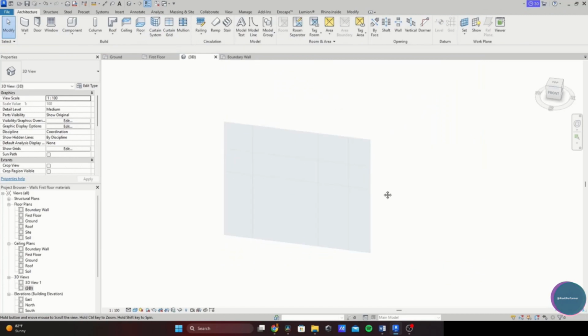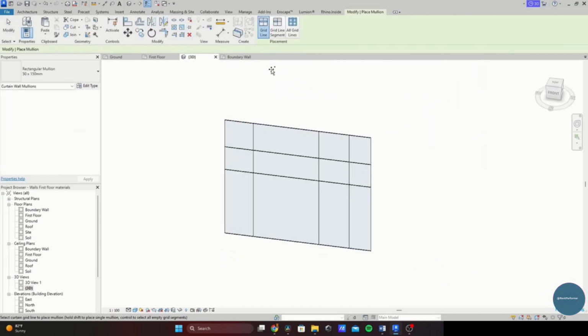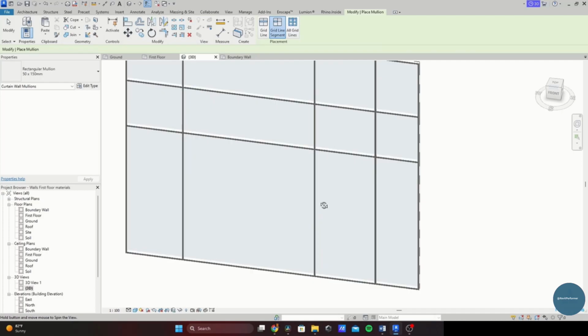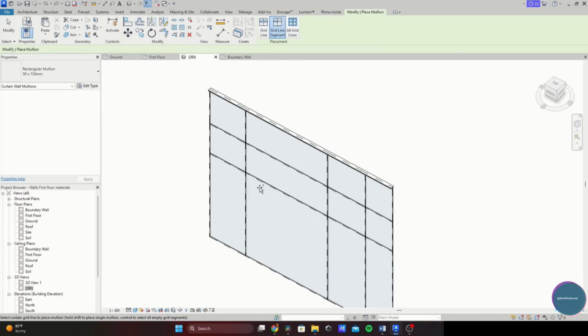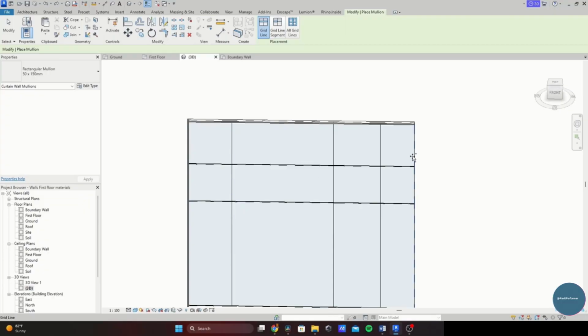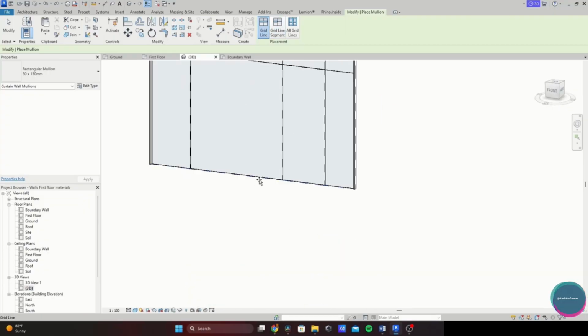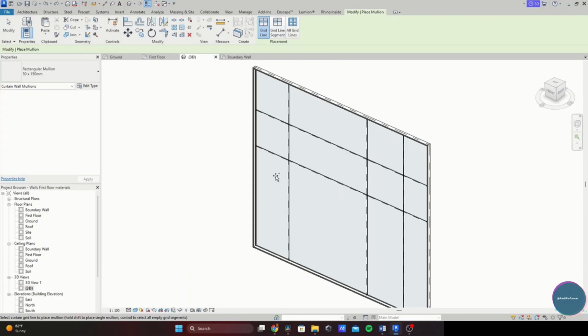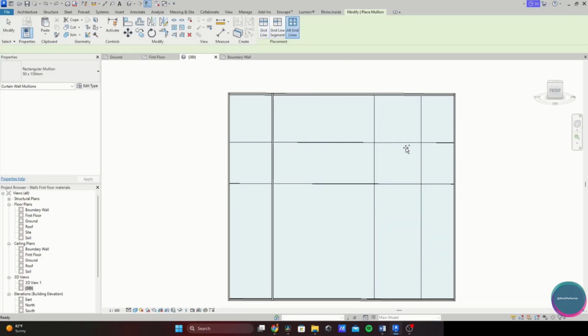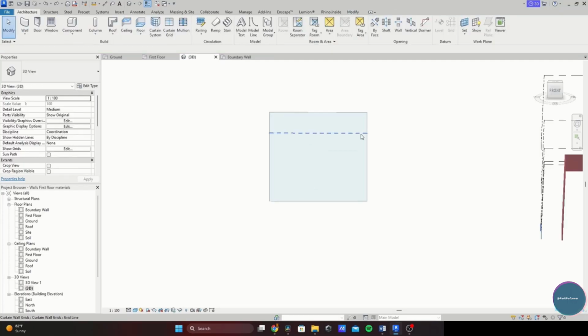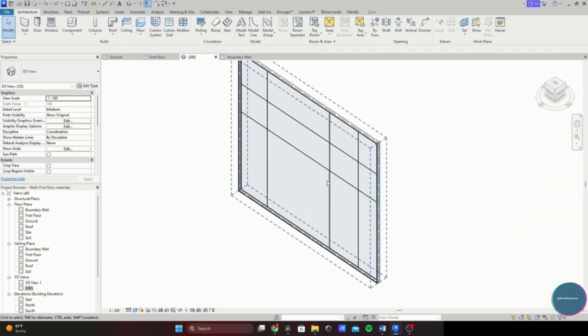Now, you click on this right here. If I click All Curtain Grid, it will add the pattern to all of it. If I click on the grid line, I click over here, I click on the individuals, and it will add the curtain grid on those, as you can see. For the curtain walls, we have a complex matter. So, I want to place a door.